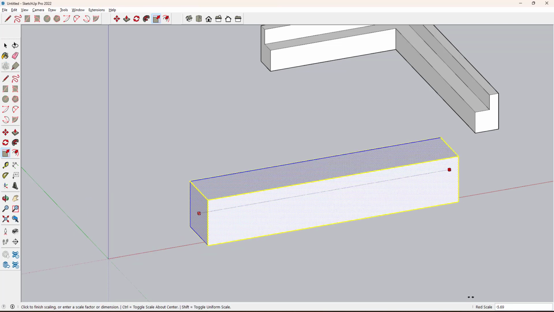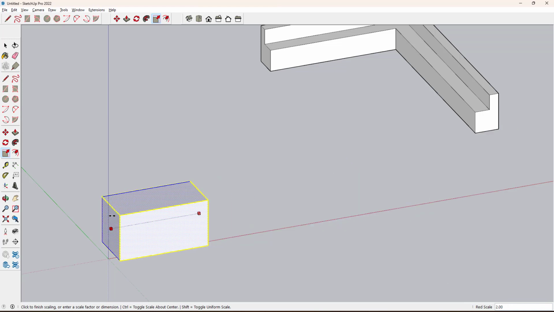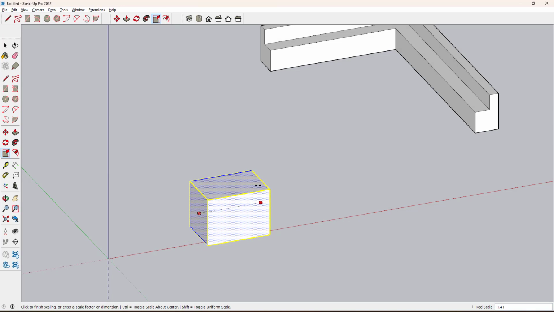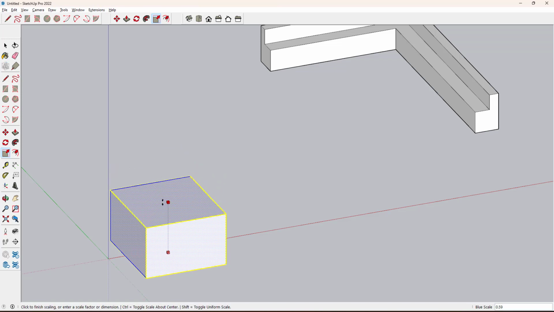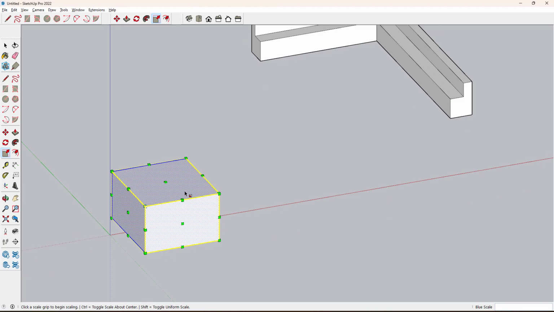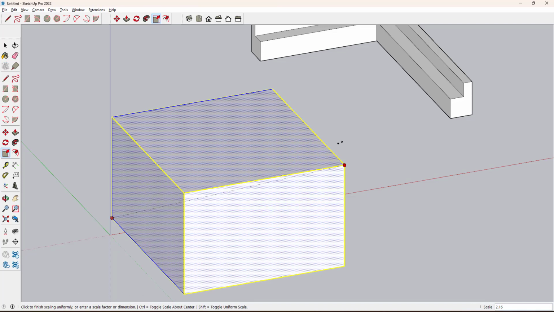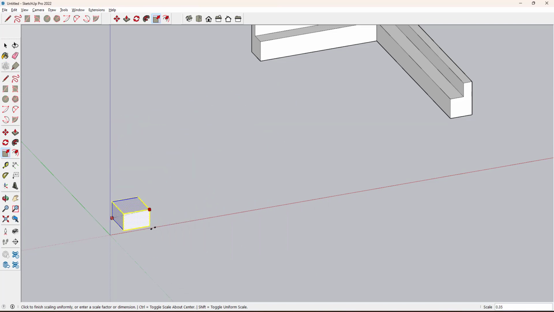Just have a look, on the red axis I am scaling it in the positive way and then in the minus way. If you move in a particular direction, you will get it in positive. If you move it in the opposite direction, then you will get a -1. Like this, depending on the requirement, you scale it up, or you can take a reference point like this. So like this you can stretch or scale any object. If you want to scale in a uniform way, then you have to click any diagonal point. Just follow the instructions here and then you can do the uniform scaling like this.